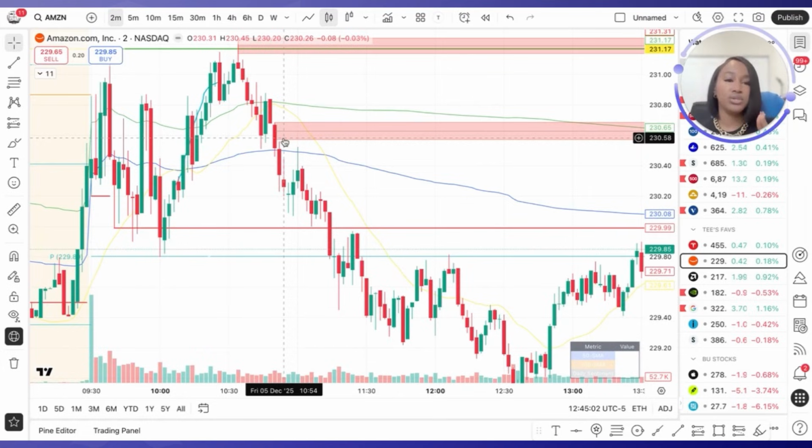You know your entry, you know your stop loss. The next thing you're going to need to know is also your profit target. Where are you going to take profit in this trade? Where are you going to lower your risk in this trade? And your profit target is going to be that reward. Okay, that's your target. Where am I hoping or desiring that this trade goes, and where am I going to